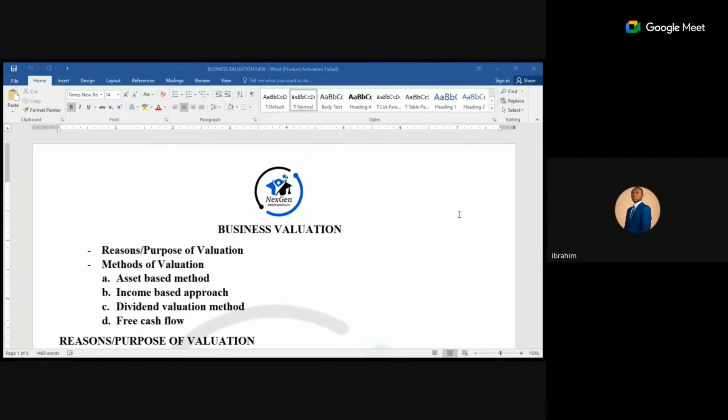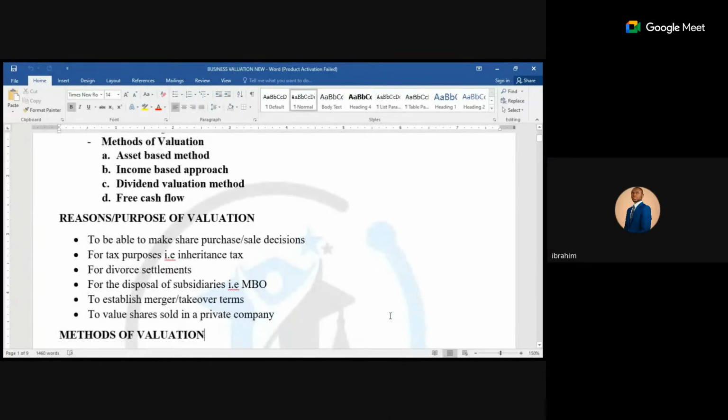Now, the question is, why do we value business? Reason for valuation. Why do we have to carry out a valuation of a business? It could be to be able to make a share purchase. Of course, in financial modeling,